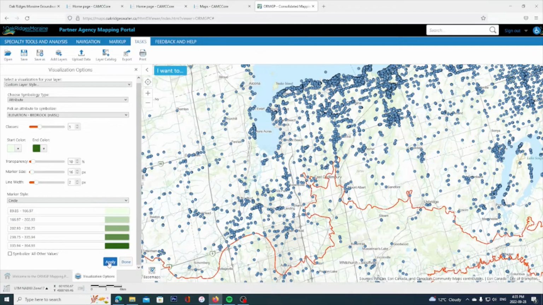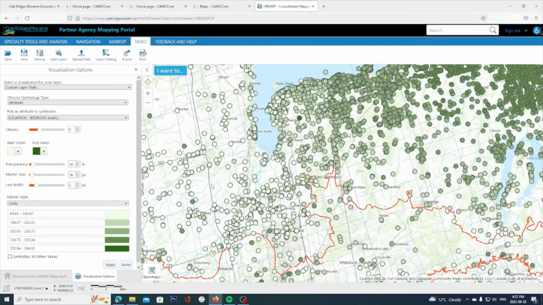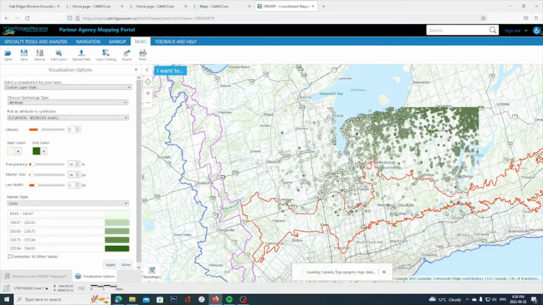But if I click on apply here at the bottom, I'm now looking at circles that are color-coded based on the value of the elevation of bedrock at that particular location. So lighter colored symbols are lower or deeper bedrock elevations, and darker symbols are higher bedrock elevations. And if I zoom out,